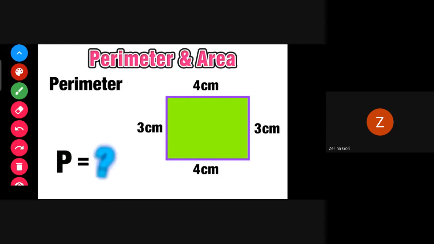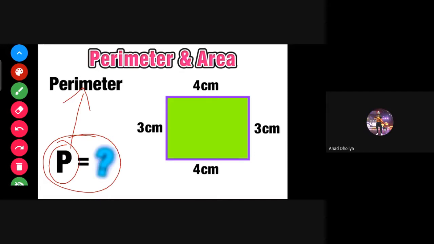So perimeter means, now they are asking perimeter. So tell me, this P means perimeter. 14. Oh, okay. You can give the answer directly. 14. Okay. And other students? Ma'am, we add. 3 plus 3, 6, 6, 8. 15. Ma'am, 1 minute. Yes, ma'am. Answer is 14. 14, okay. First 14.